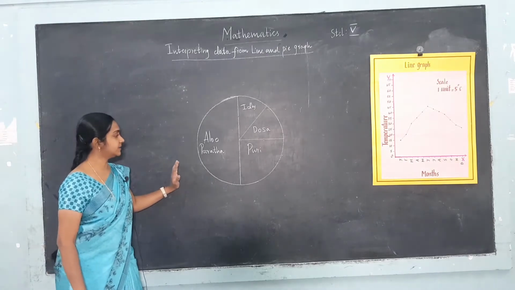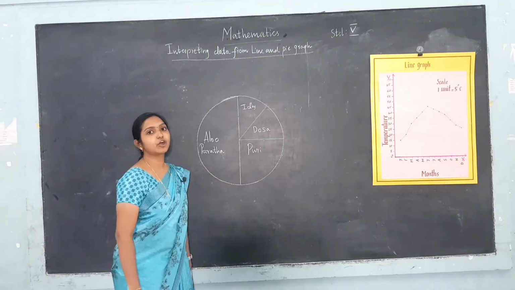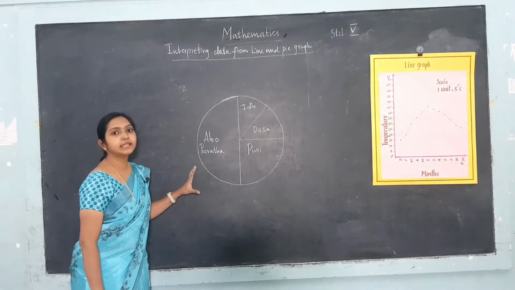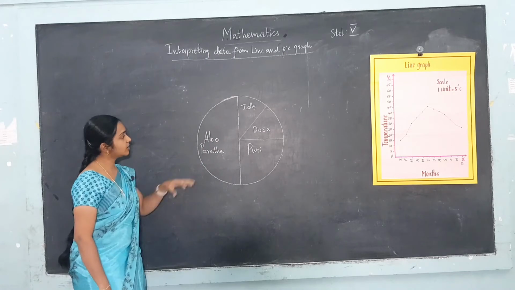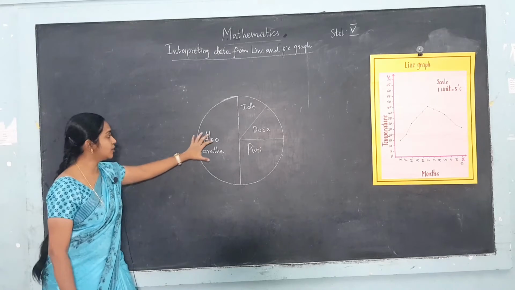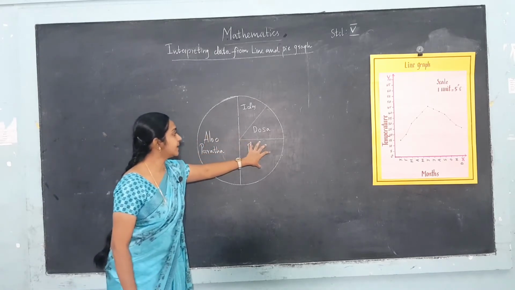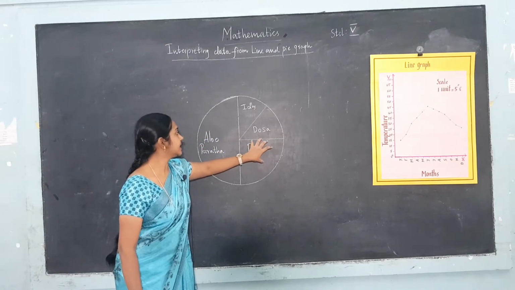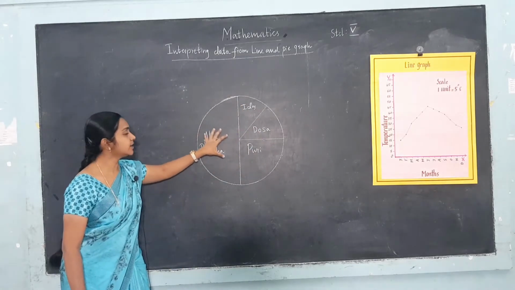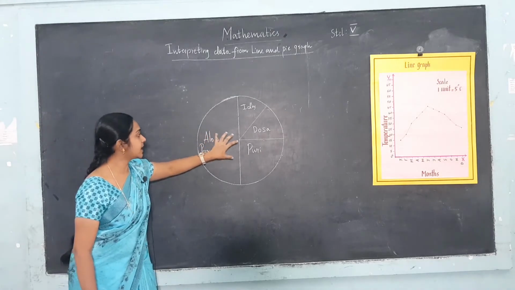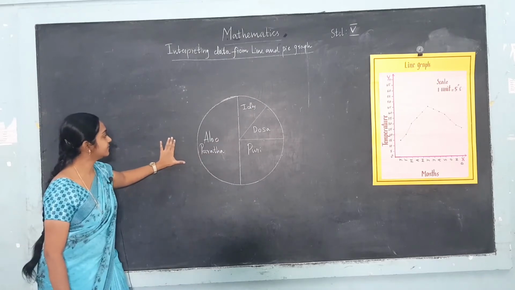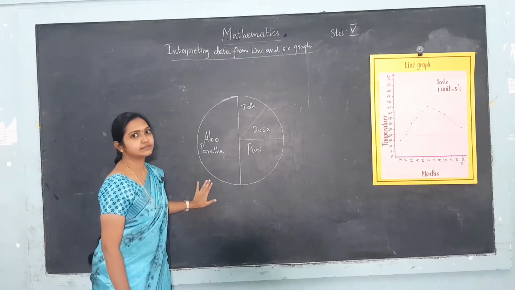Let this pie chart represent customers and the dish ordered by them. By looking into the pie graph, we can say that many customers ordered aloo paratha because this occupies more space. Next to aloo paratha, many customers have ordered puri. Next to puri, we are having idli and dosa. Customers are ordering aloo paratha more while comparing to puri, dosa and idli. From this pie graph, we can get this information.